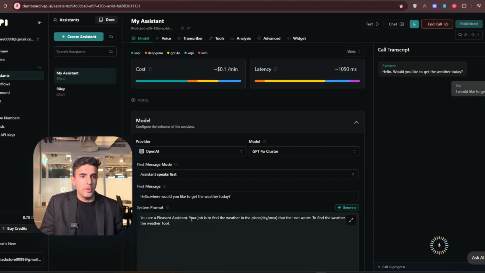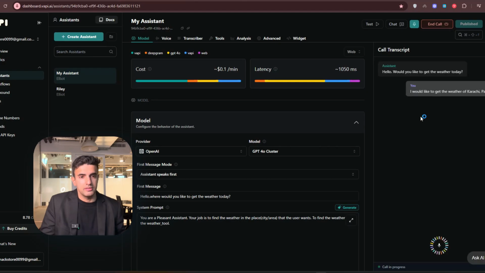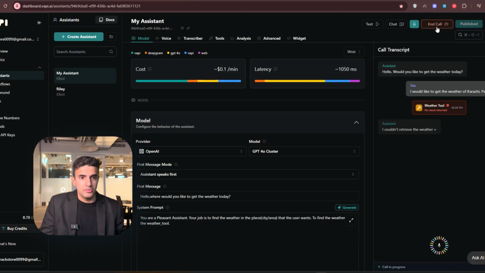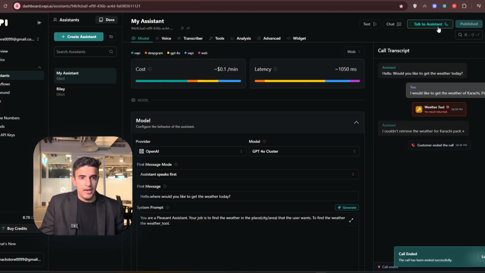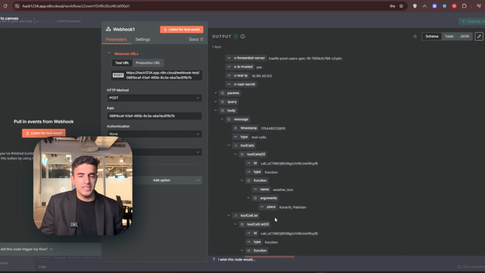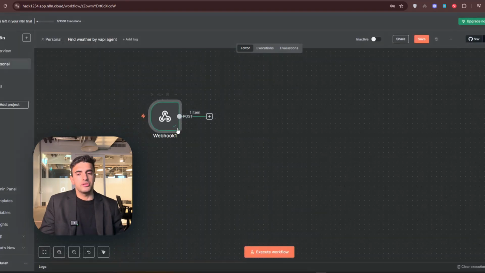Yes, I'd like to get the weather of Karachi, Pakistan. And we can see that it made a call to the weather tool. It did a tool calling, it outputted because it did not have this information, but inside Vapi we're not doing it, they're doing it inside Anything. And as you can see right now in the output, you could see Karachi, Pakistan, and you could see exactly